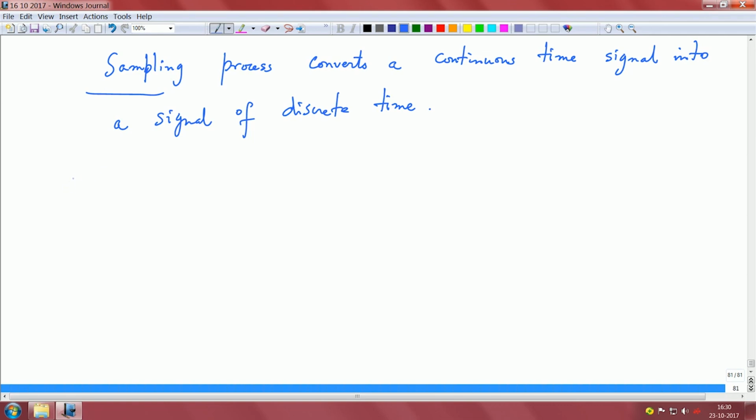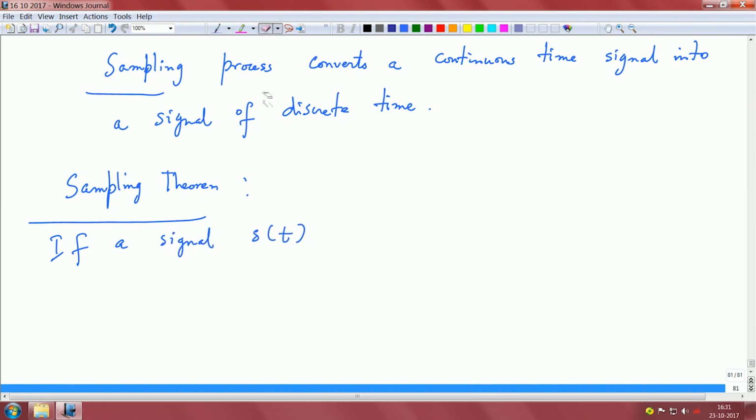Now, here is the basic idea in the sampling theorem. And we saw that idea when we started off with Shannon's basic idea, right. So, if a signal s of t, this is not delta, if a signal s of t contains no frequencies outside B hertz,